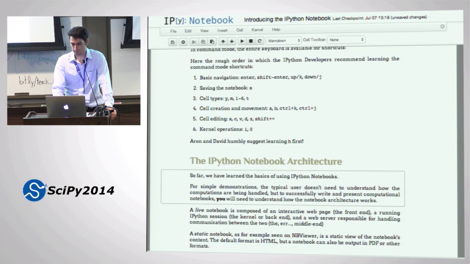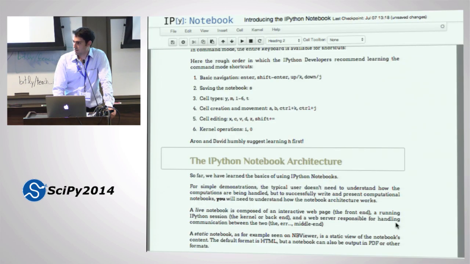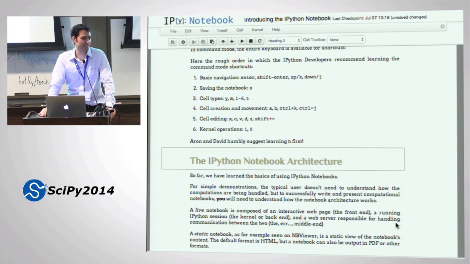Okay. Is there a way to bring up the help screen? Yeah, just press H. And some of our screens are too short to display it all. It's a scrollable window, the help window. It should be scrollable. If it isn't scrollable, file a bug. Maybe it's an IPython 2.0 thing.